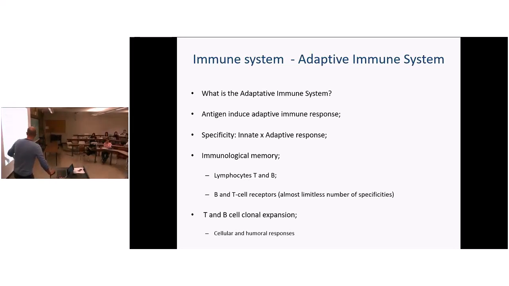We talk about the B and T cell clonal expansion. And that, in a nutshell, summarizes what we're trying to do. It's a summary, but you see how much is there? It's a lot of things. The most important thing is not that you go too crazy, but the same way that we went through some of the reactions in the kidney, some of the things in the lungs, pressure, if you don't have that global view, it doesn't really matter if you know the super specific receptor that somebody did research on.